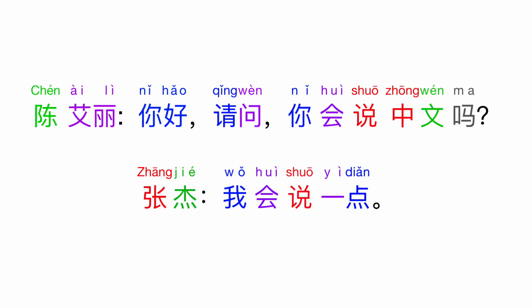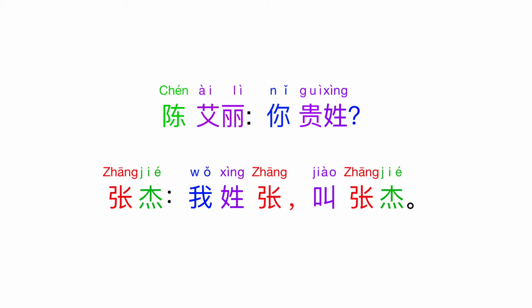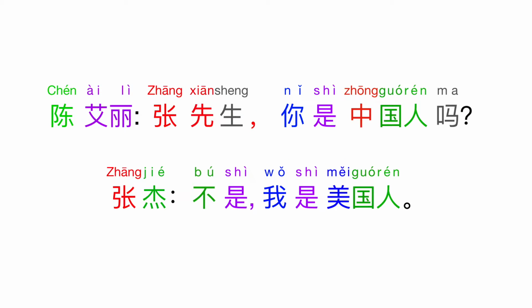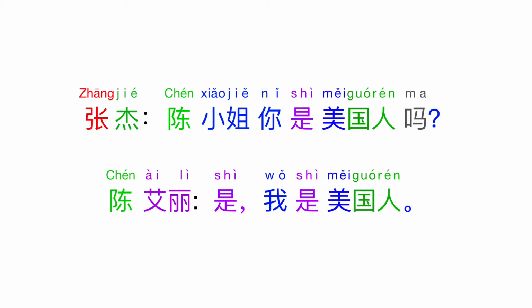你好，请问你会说中文吗？ 我会说一点。 你贵姓？ 我姓张，叫张杰。你叫什么名字呢？ 我姓陈，叫陈爱丽。张先生，你是中国人吗？ 不是，我是美国人。陈小姐，你是美国人吗？ 是，我是美国人。